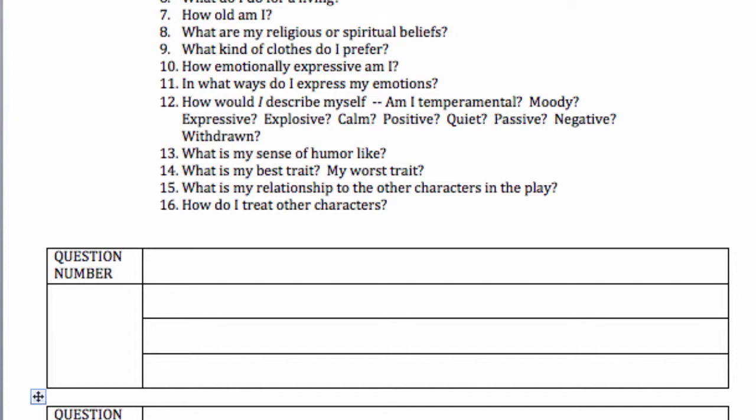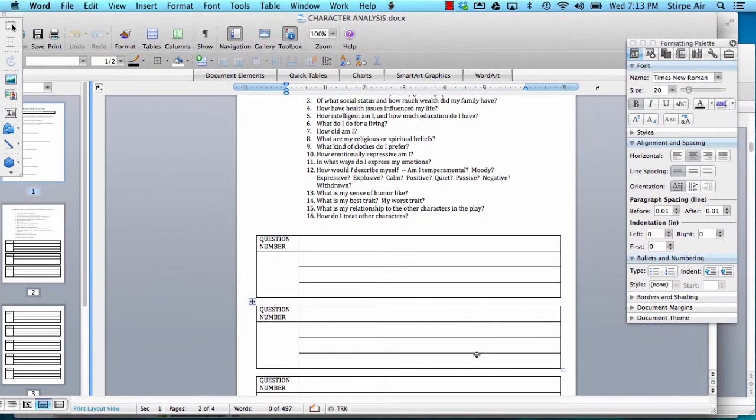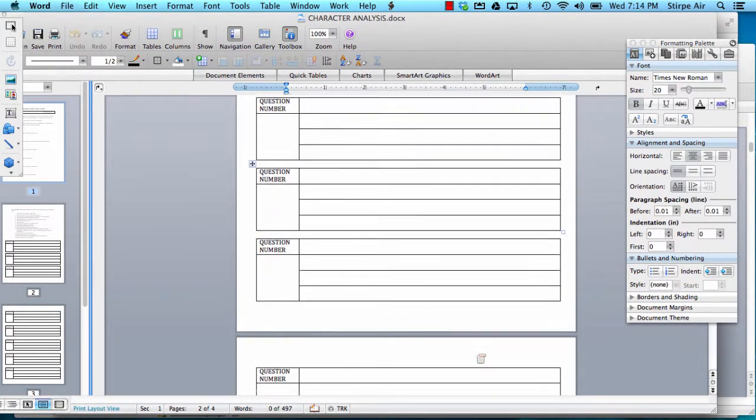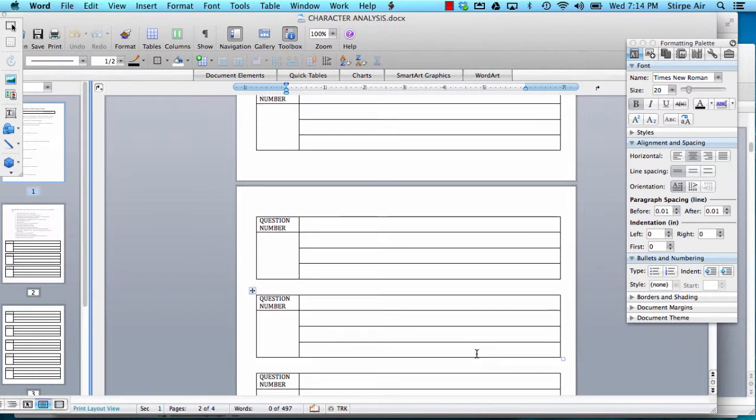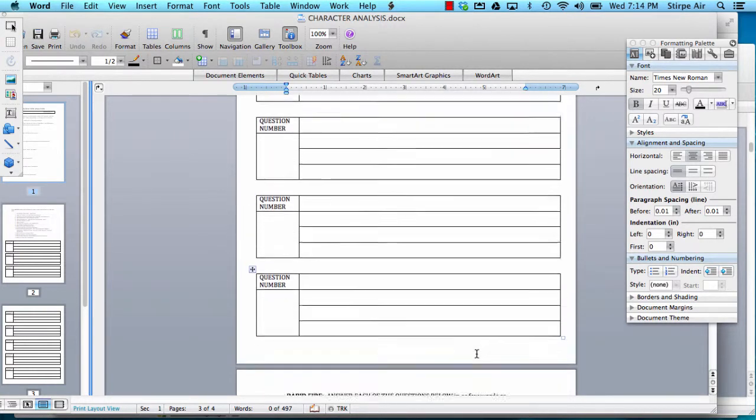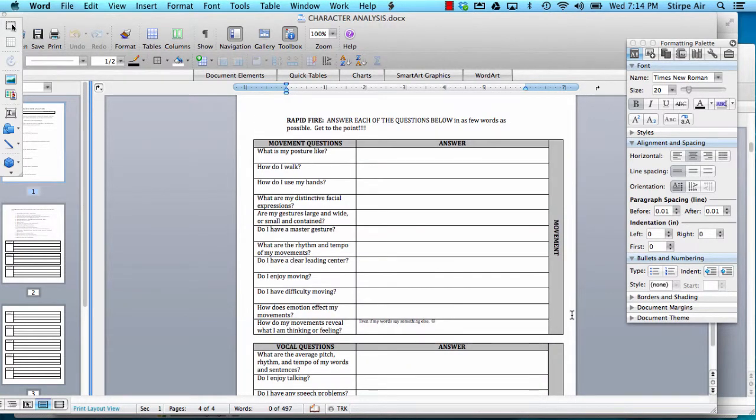The fact is, some of you will write a lot and have an awful analysis. Some of you will write a lot and have a great analysis. And the same thing goes for a short answer. Some short answers will be correct. Some short answers won't. All you need to know is that answers that really take your character into consideration and use the play to fully flesh out your character will probably turn out to be great answers that help you to create a dynamic character.